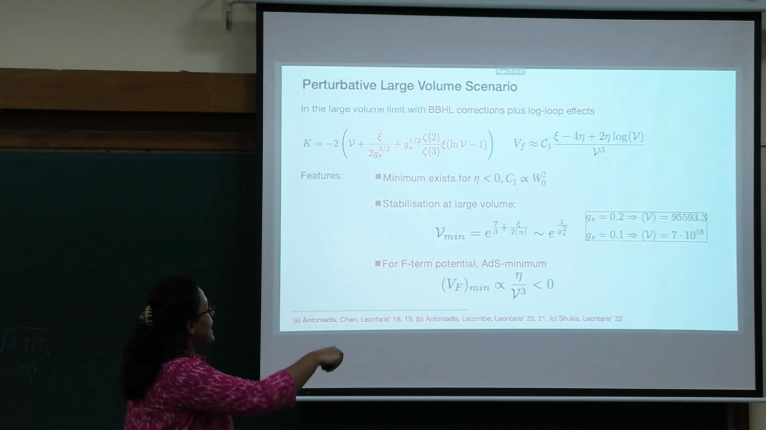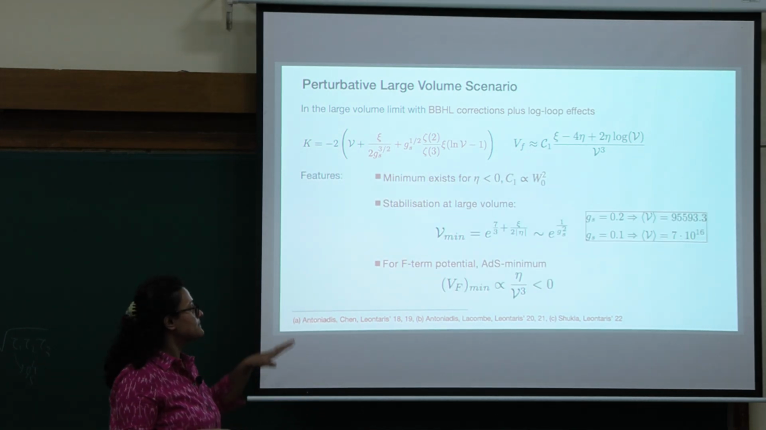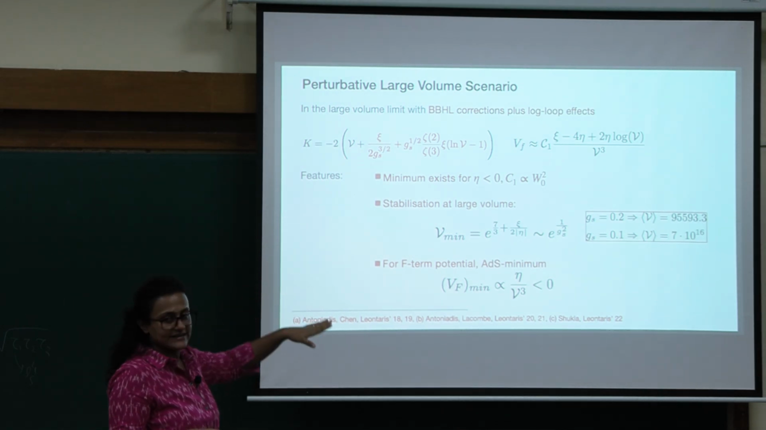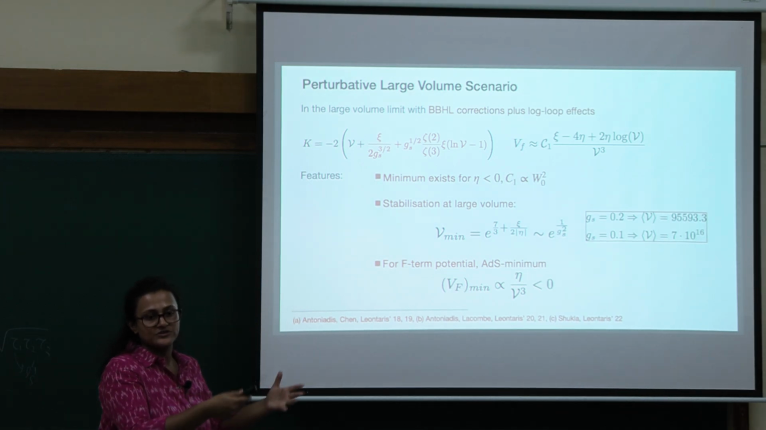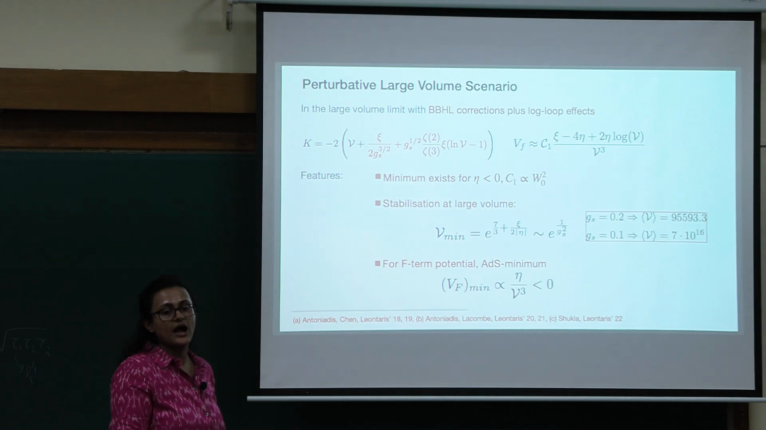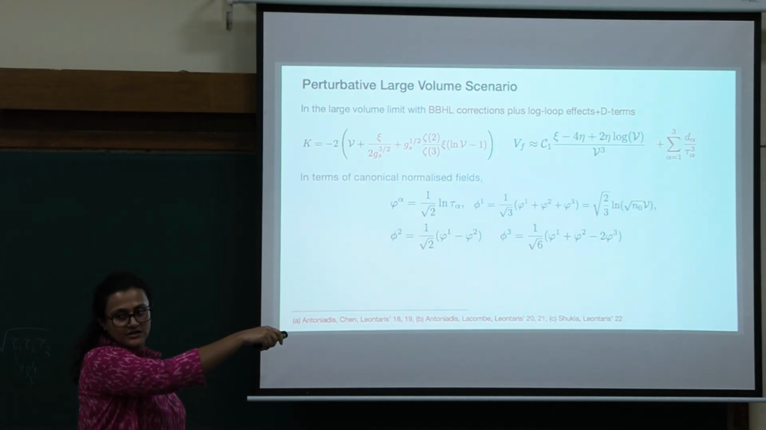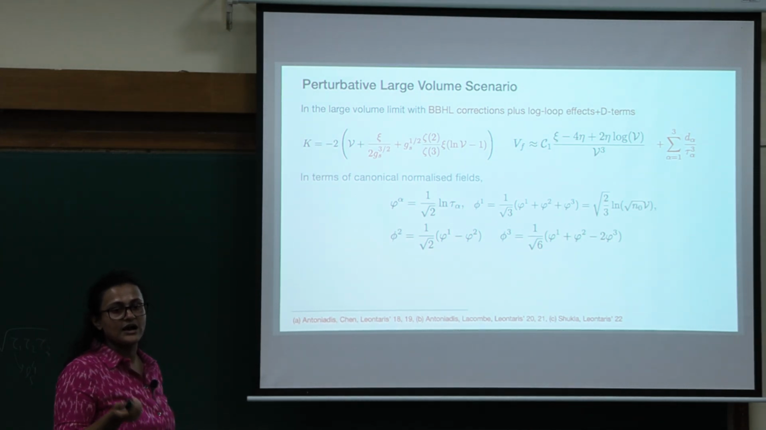Okay. At the level of the potential, once I stabilize and plug this V mean back into the potential, I will have a negative potential because eta is negative. It depends on the geometry of the internal space. It has been shown it is negative. So, I need to uplift, and I will uplift using this D term. Using this 1 over tau to the power cube term, I will uplift to a de